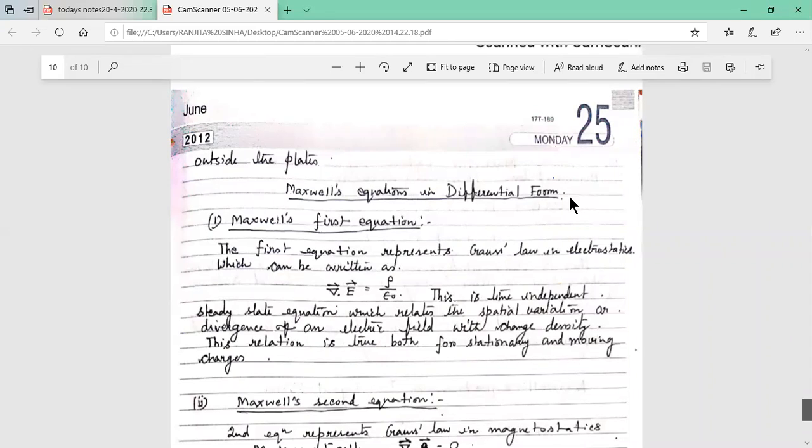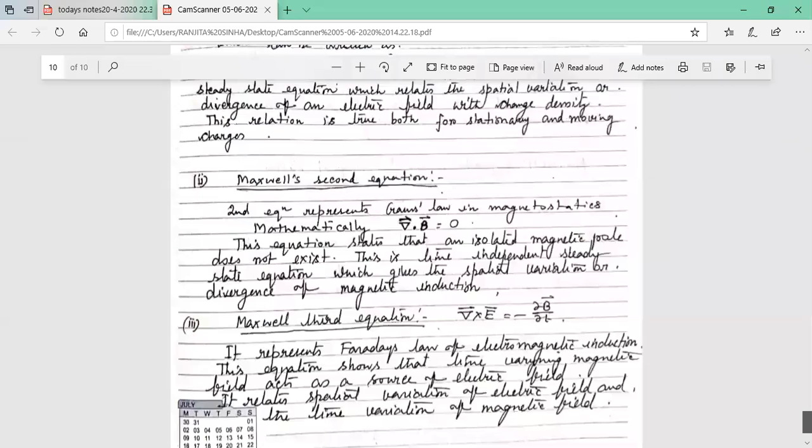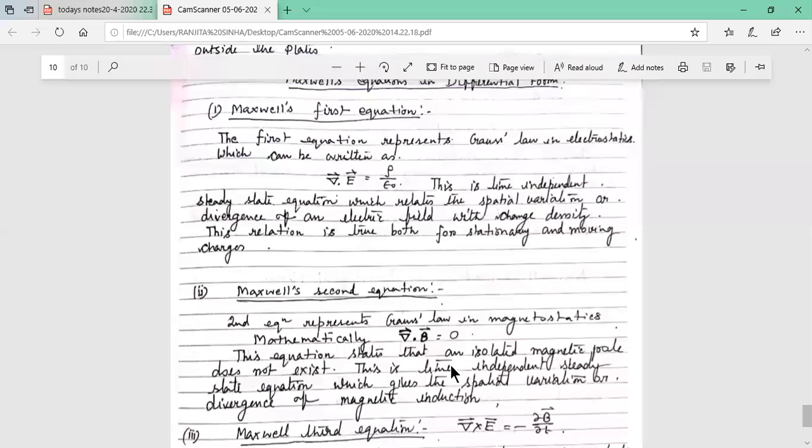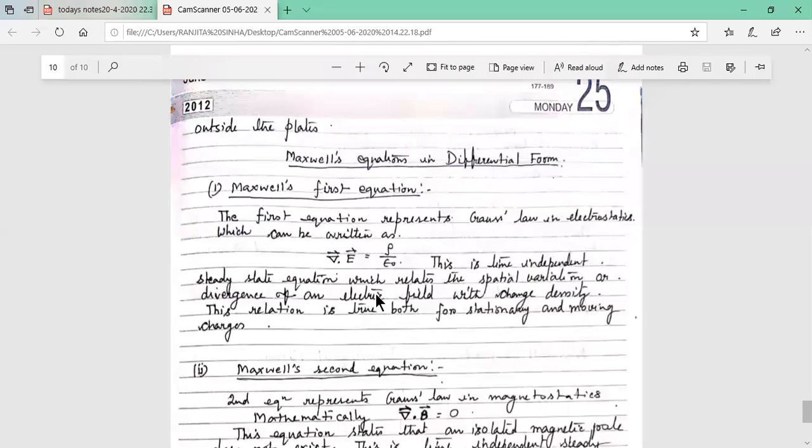So we have the third law of Maxwell's equations in differential form, and here divergence of B. I will discuss it very briefly because magnetostatics is not properly in your syllabus. In my next class I will discuss these relations, and we will prove Ampere's circuital law and also the modified Ampere's circuital law, modified by Maxwell. This is the Maxwell fourth equation.